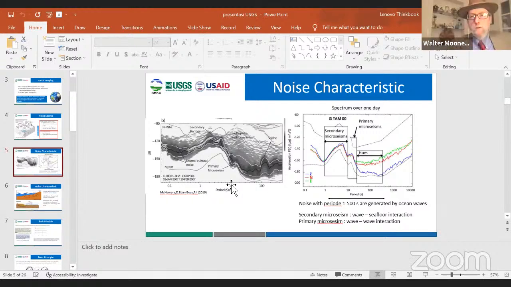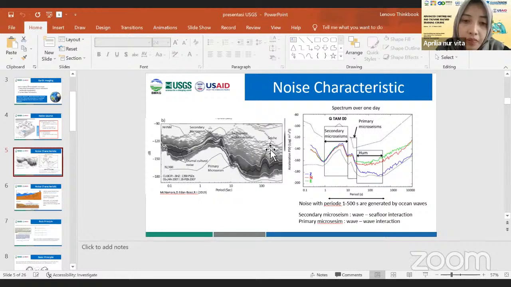That's where you get the good signal. Yes. Because if you go to longer than 10-second period, then you can go deeper. Yes, we can go deeper, because the penetration of the surface wave depends on the period. But you must consider the surface wave coming from the